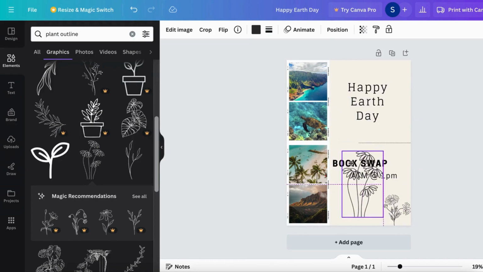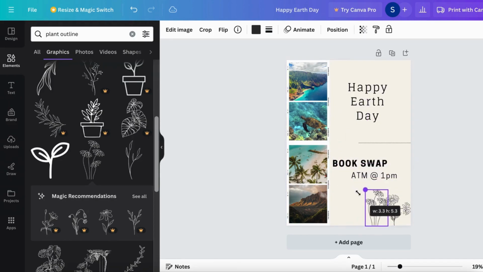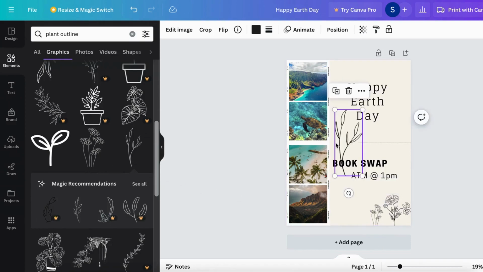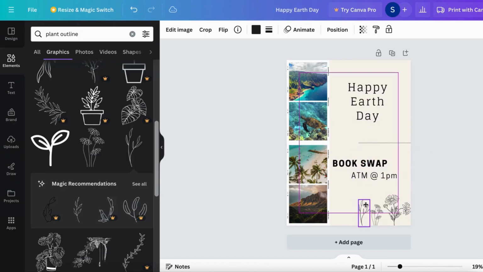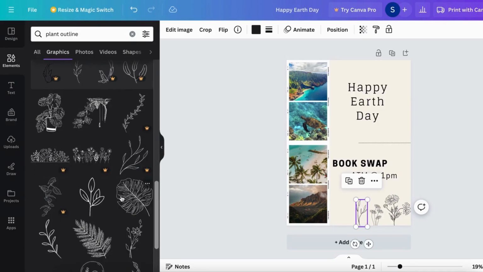Next we have the elements, which is sticker shapes, and it makes the poster stand out. So here you can see I definitely changed the text right after that. I thought sitting there was too long, but I went into the elements and I went to graphics and I looked up plant outline because I feel like that goes really well with the Earth Day theme that we're going for, just like cute little flowers and everything. So I was kind of experimenting a little bit, seeing what looks good, putting little flowers down at the bottom,